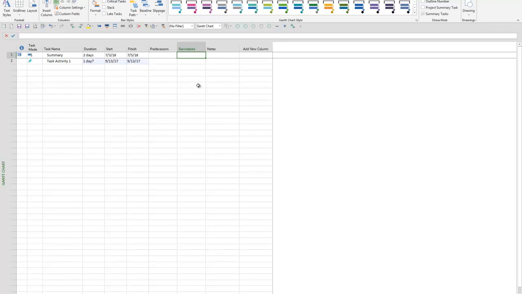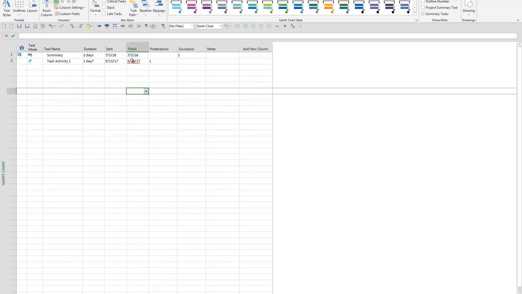And I'm going to do the same thing. I'm going to enter the number 2 in my successors column and I'll hit enter. And what you see are no changes to the dates for your start and finish date. So it now no longer cares about the dependency I've put in place here. And it's saying, well, because you specified that 9/13/17 date before, that's what we're going to leave it at